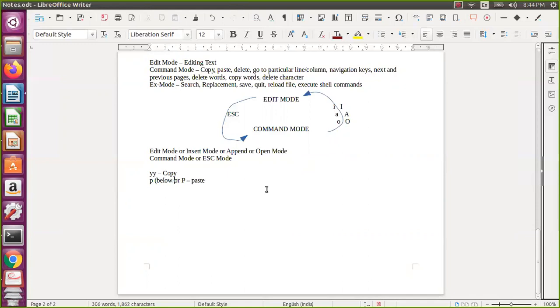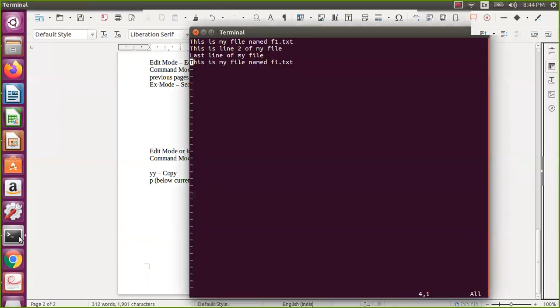And if you want to paste above the current line, then it is capital P. So this is the thing. You need to invest some time into the vi editor, because it is a little time consuming. I hope you will have that time to learn completely, at least as a one time thing.